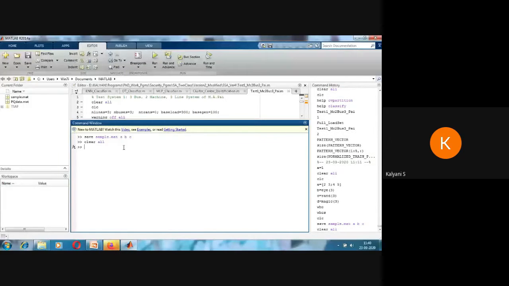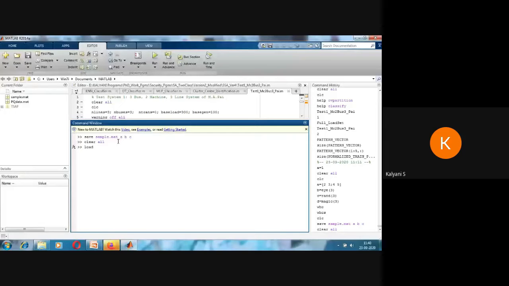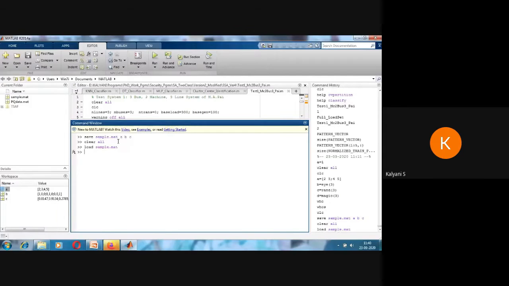Now I am going to clear all. After giving clear all, you can see that the workspace is empty, all the variables have been cleared, and memory is free now. Now I want to retrieve this A, B, C. Today I am working, tomorrow when I log in, I have to take the data and work. So you can save it, go, come back tomorrow and load it. For that, the load command is used. Give load file name, that's all. If you give load file name, you are able to see that A, B, C is now created.